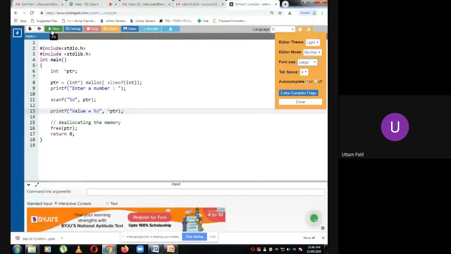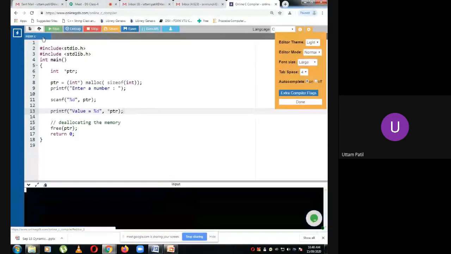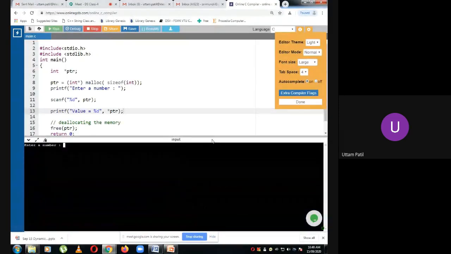I'm showing you how your program works without a variable name. Enter a number. I enter 25. Then the value is 25. Observe, there is nothing like x, a variable of integer type. I have not written x is equal to 25. I have not written ampersand x. It's only PTR.